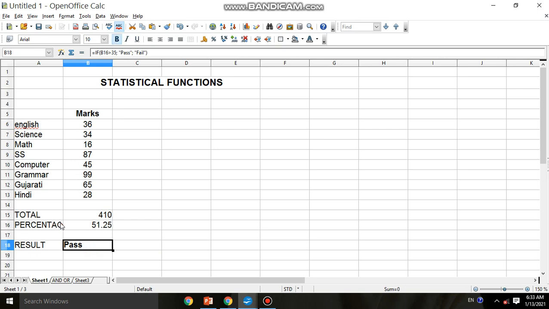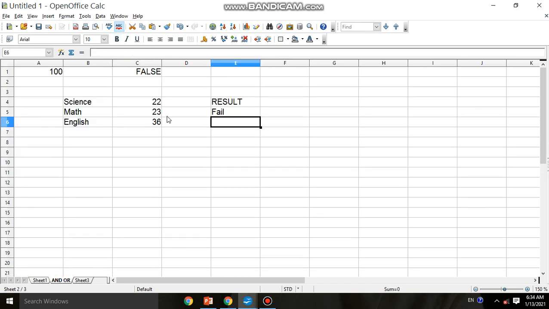Now let's do some changes. We make the student's percentage less than 35. So for that I will reduce the marks. So now you can see percentage has become 30. So the student will become failed. Because our condition says if the percentage is greater than 35, then pass will be executed, otherwise fail. So this way you can know how the if function executes. Three things are there: condition, if condition becomes true then the true part, otherwise the false part.